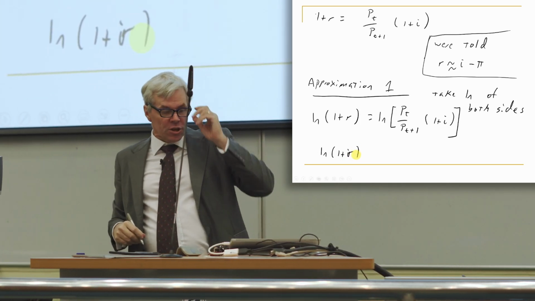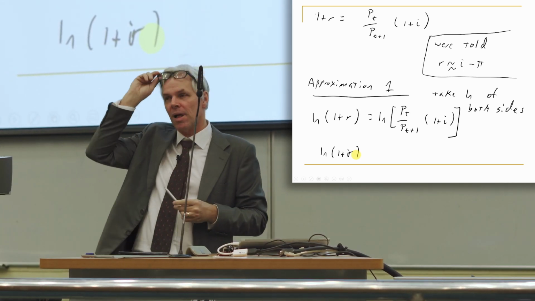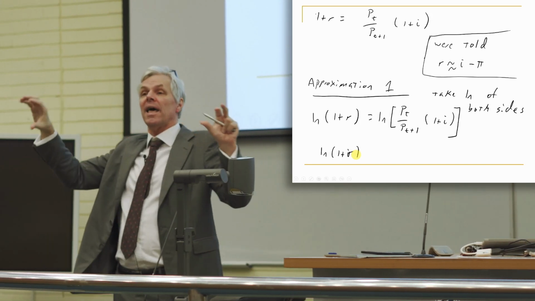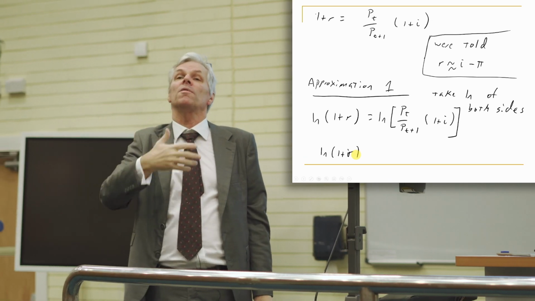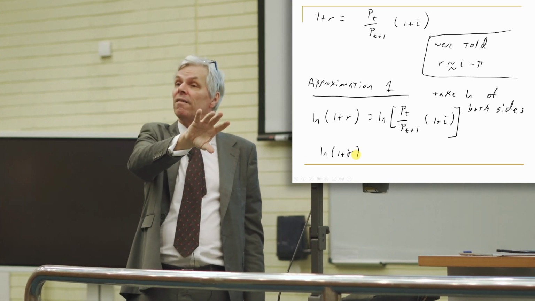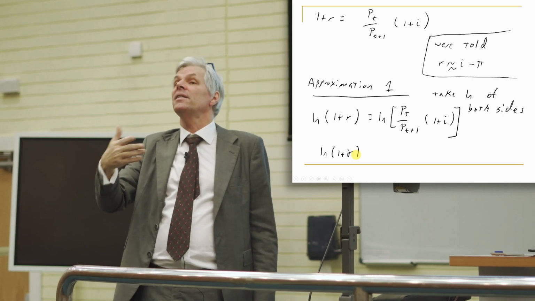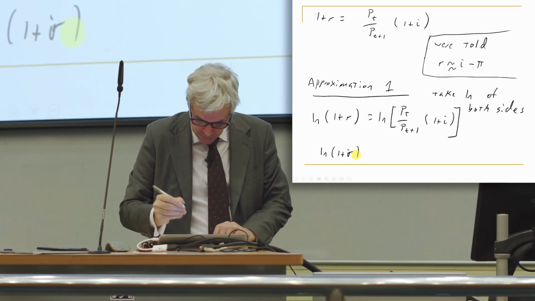And a nice feature of natural logarithms is that when you have things that are multiplied by each other, the natural logarithm becomes additive, right? If you have a times b, the natural logarithm of a times b is the natural logarithm of a plus the natural logarithm of b. And if things are divided, it's just subtracted. So the right-hand side becomes